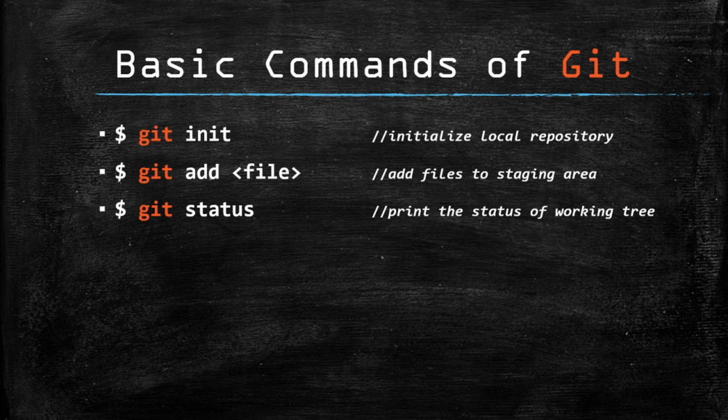Next is git commit. Alright, so when you are ready to go, you can go ahead and commit your files. So you can run git commit. It will take everything that's in the index or the staging area and put it into the local repository. There are also some important flags or options that you need to know with git commit, but I'll get into those a little later.